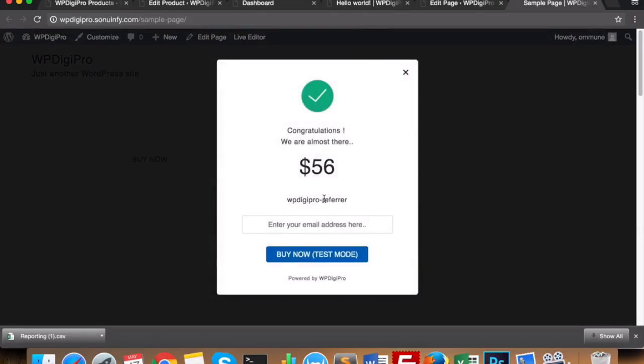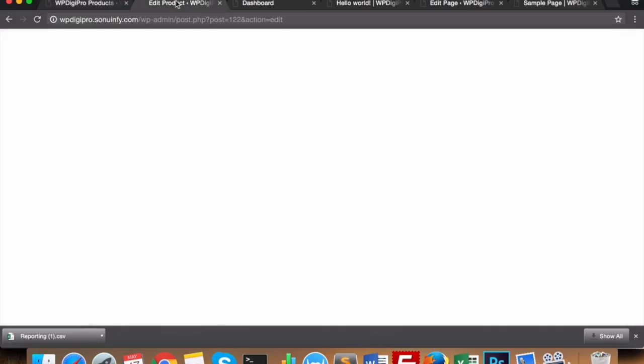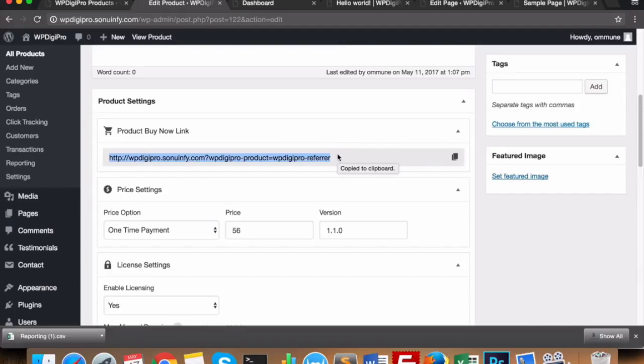It will ask for the email ID and it will be purchased. And this is the powered by Digi Pro link, which you can remove from your settings area. So this is a very useful feature of this plugin, this system, which allows you to share buy now links to any of the pages of